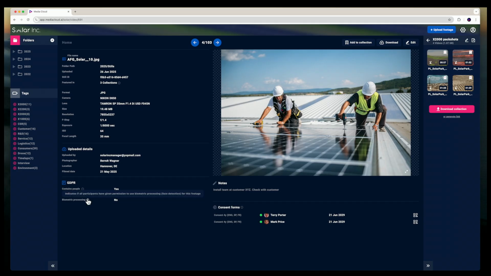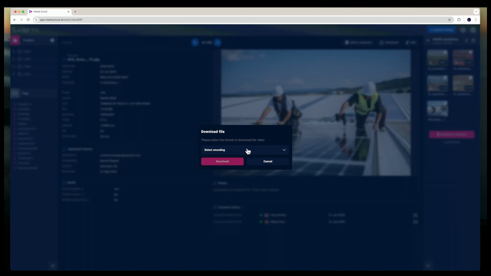You can always mouse over and get some more information for each of these terms whenever you see this little icon next to it. Above the photo, we have the ability to add it to a collection. So now it'll add it to the already open collection on the right-hand side here. Besides that, I can download the image, and here in this pop-up, I select whether I want to simply download the original image or maybe lower resolution proxy files.